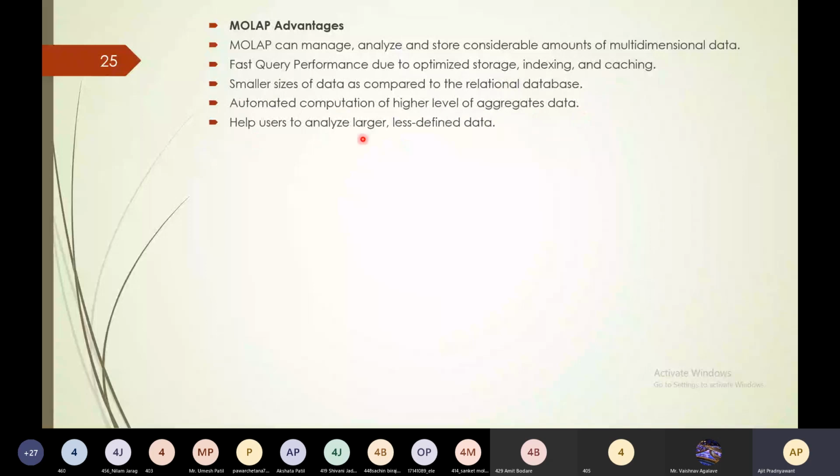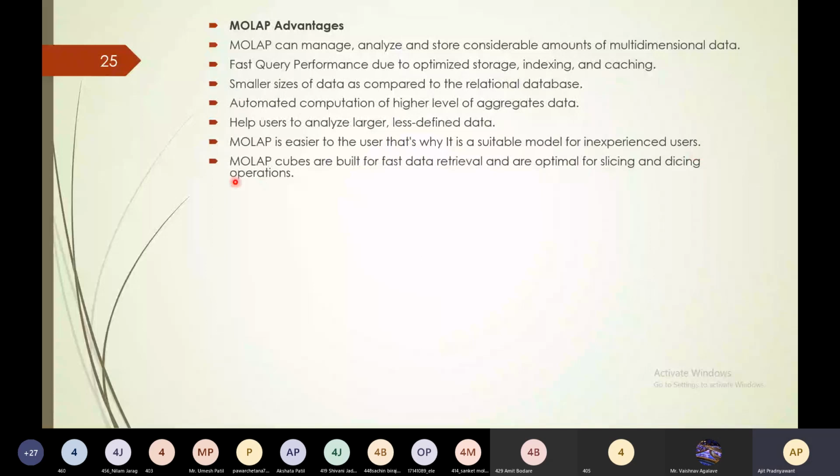It helps users analyze larger and less defined data. MOLAP is easier to use, that's why it is a suitable model for inexperienced users. It's easy, so novice users can use it. MOLAP cubes are built for fast data retrieval and are optimal for slicing and dicing operations. All calculations are pre-generated when the cube is created.